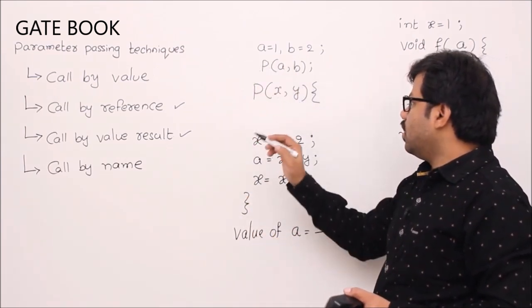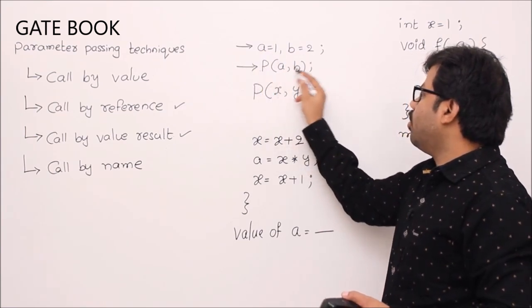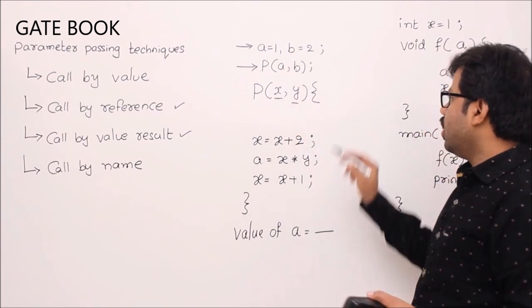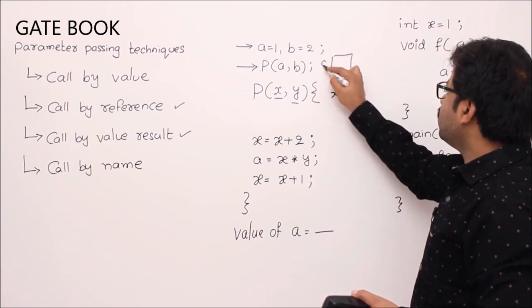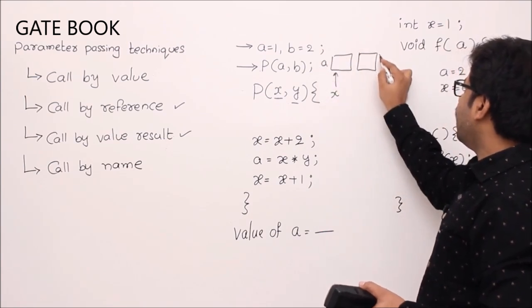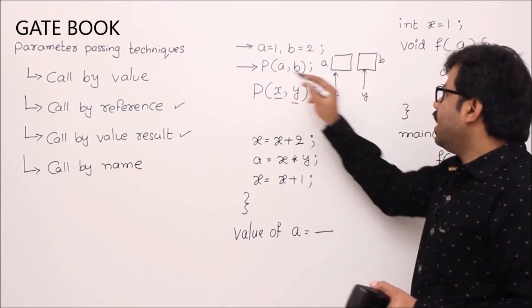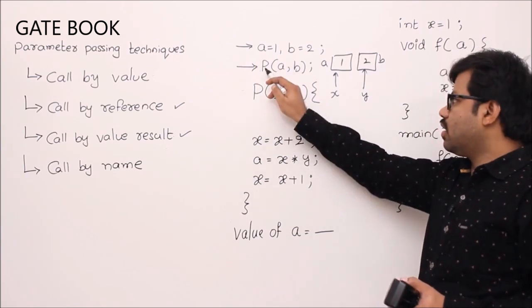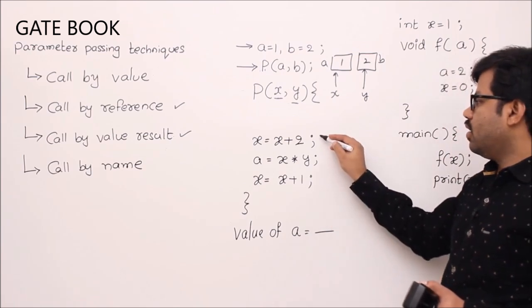So control starts here, A value 1, B value 2, then we are passing A comma B to this method and the formal parameters are x comma y. You can understand that x is connected to A, so this is box A, and box B is connected to y, isn't it? Initially A value 1, B value 2, control starts here, let's say. Then next control comes here, then we are passing A, B values to x comma y, then x equal